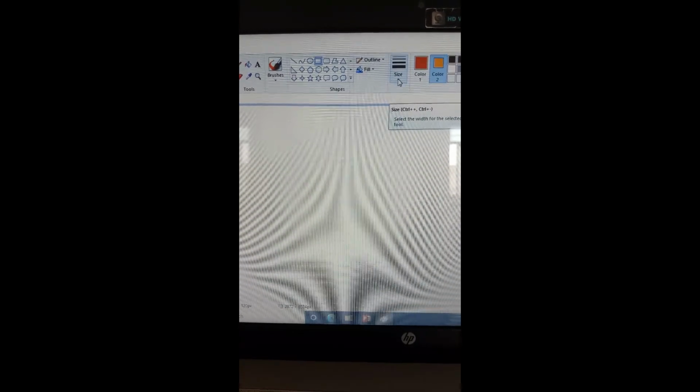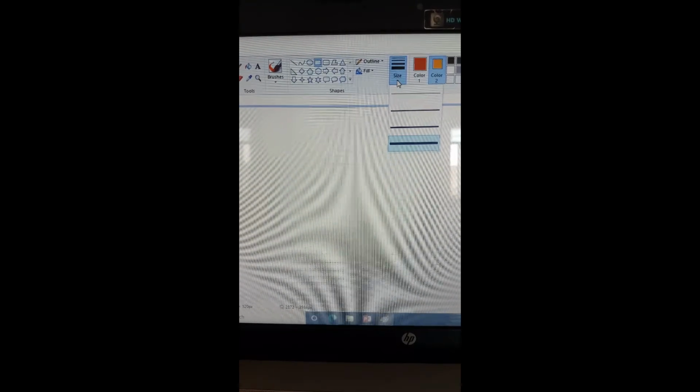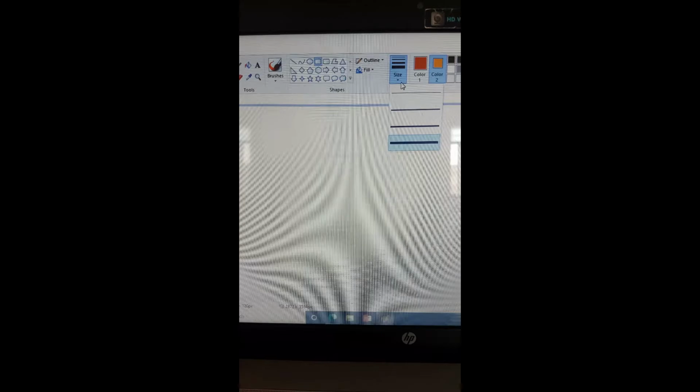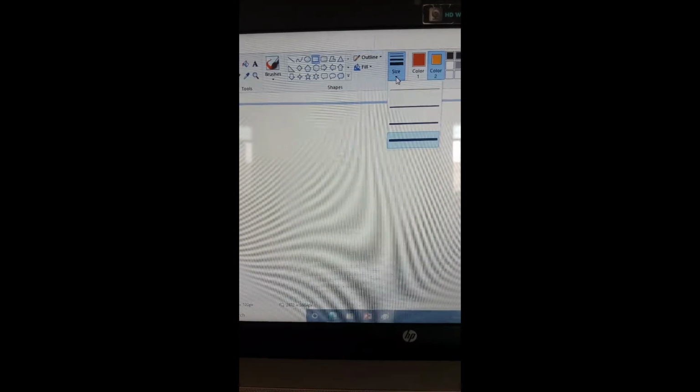Rectangle tool. Click on the rectangle tool. When you click on the rectangle tool, the surrounding of this rectangle turns into blue color. Now choose the size of the rectangle. Choose the border thickness. From this drop down list, you have 4 different sizes.